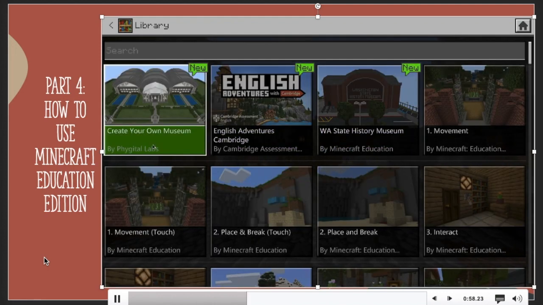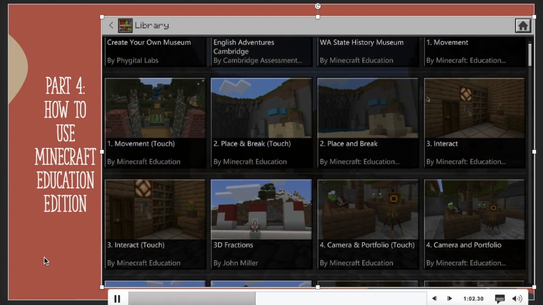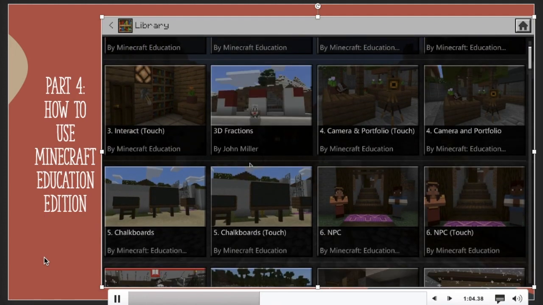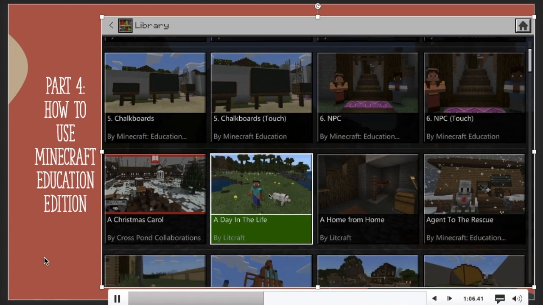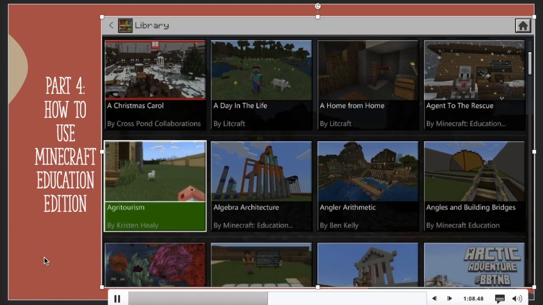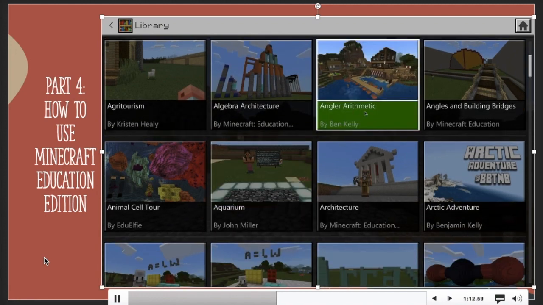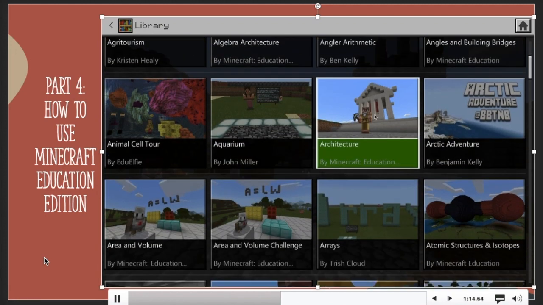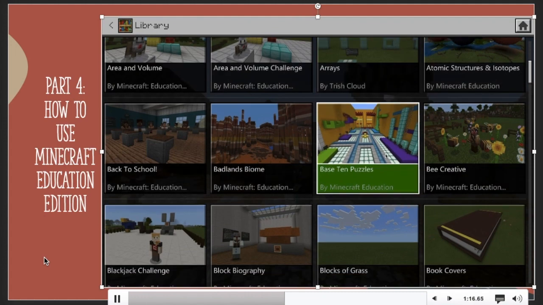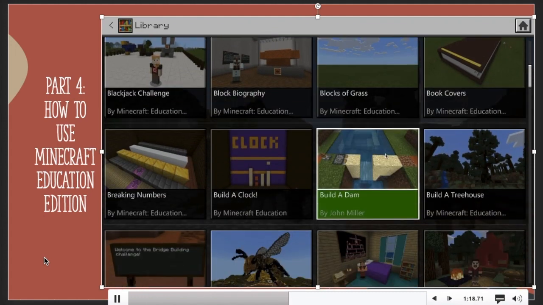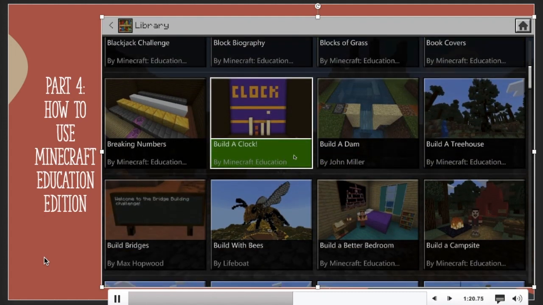So you can see Create Your Own Museum. That's more of one for expression. There's different tutorials. There's the fractions one that we looked at. A Christmas Carol for the holidays, algebra architecture, stuff about fishing and being an angler, an aquarium, arrays for math, breaking numbers, building a clock, building a dam.